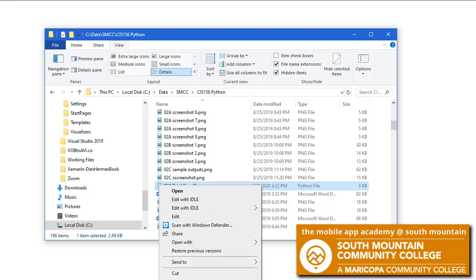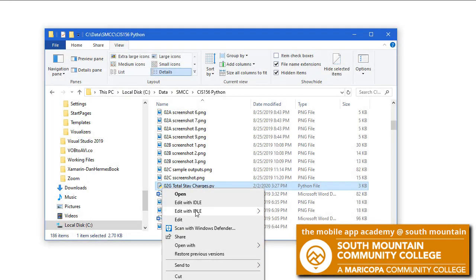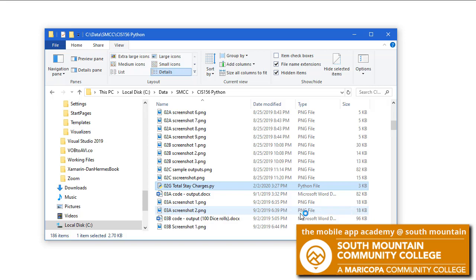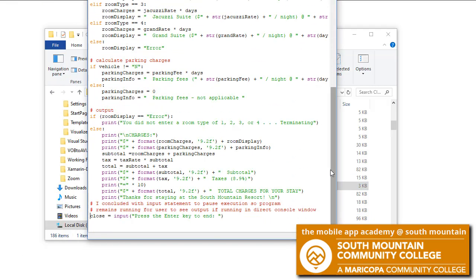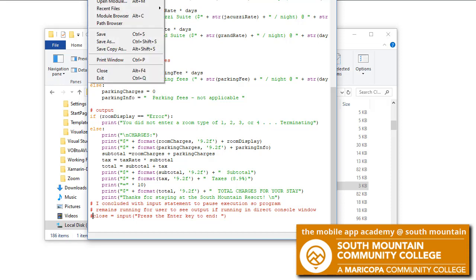Let me change my code just real briefly. Let me open my program. The very last line of my code, and I will walk you through all this code, I have a close equals input, press the enter key to end. So we have the program pause termination until they interact at the end by pressing the enter key. If I comment that out, and I'm going to save this,